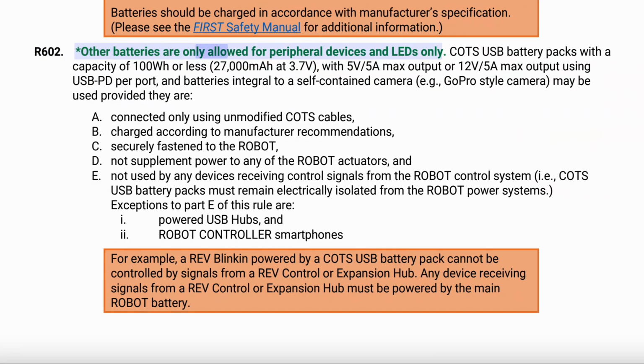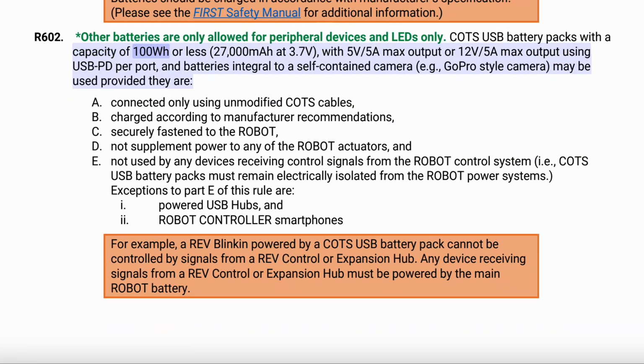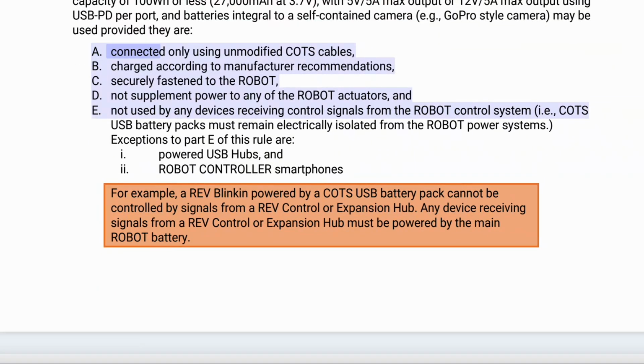R602. Other batteries are only allowed for peripheral devices and LEDs only. COTS USB battery packs with a capacity of 100 Wh or less, 27,000 mAh at 3.7 volts, with 5 volts, 5 A max output or 12 volts, 3 A max output using USB PD per port, and batteries integral to a self-contained camera, e.g. GoPro-style camera, may be used provided they are: A. Connected only using unmodified COTS cables, B. Charged according to manufacturer recommendations, C. Securely fastened to the robot,